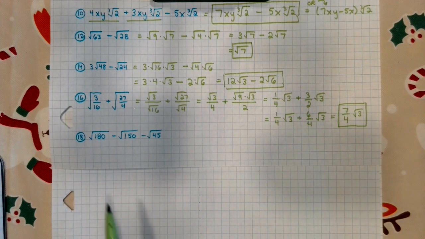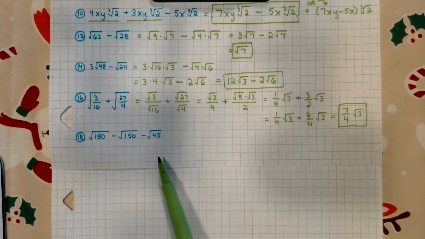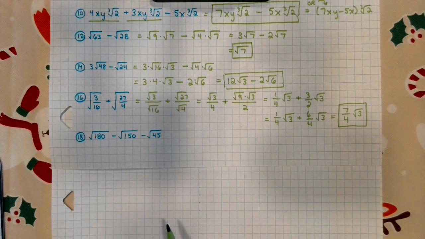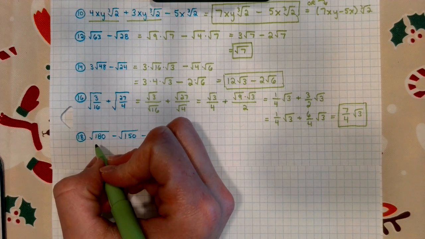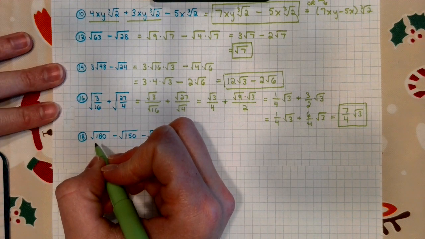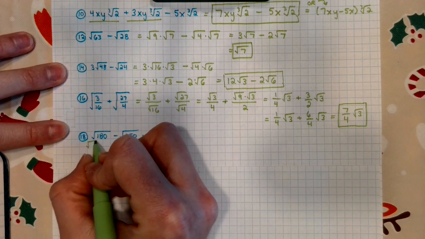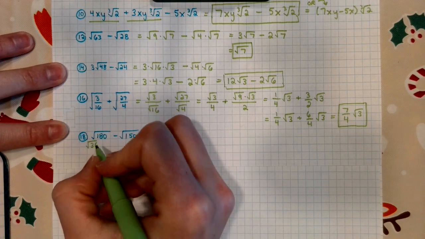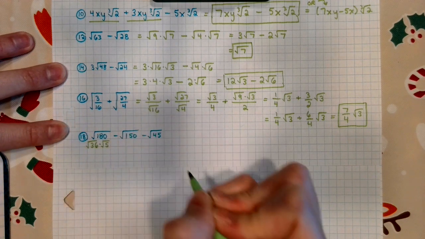For this next example, we have the square root of 180 minus the square root of 150 minus the square root of 45. So again, we're going to try to break these apart into their factors where hopefully one of them is a perfect square that we can actually take the square root of. So the square root of 180, we can break this down into the square root of 36 times the square root of 5